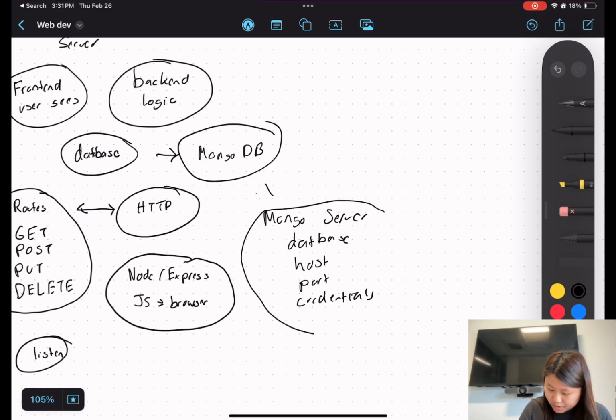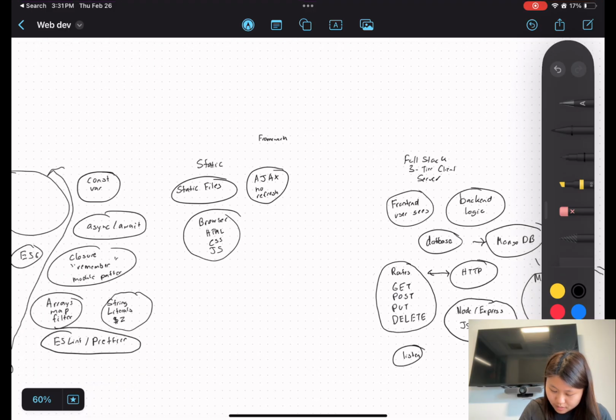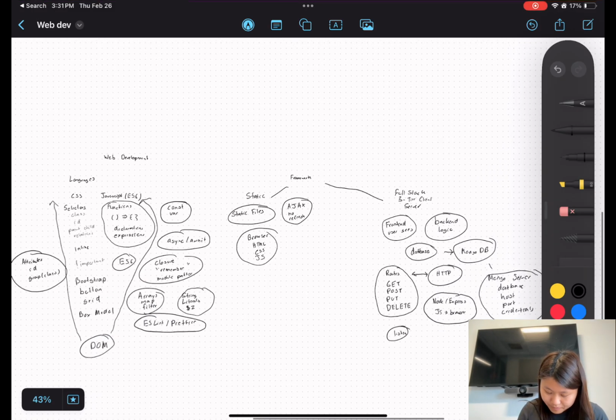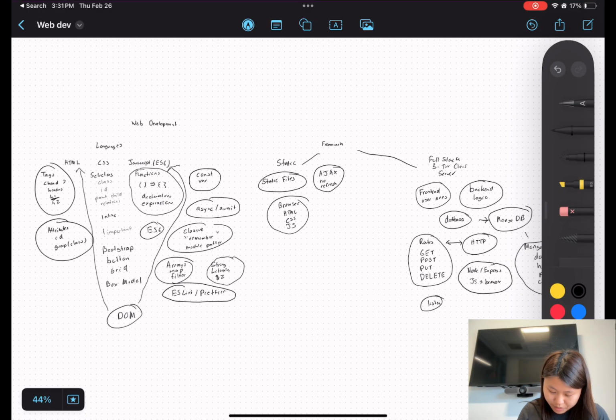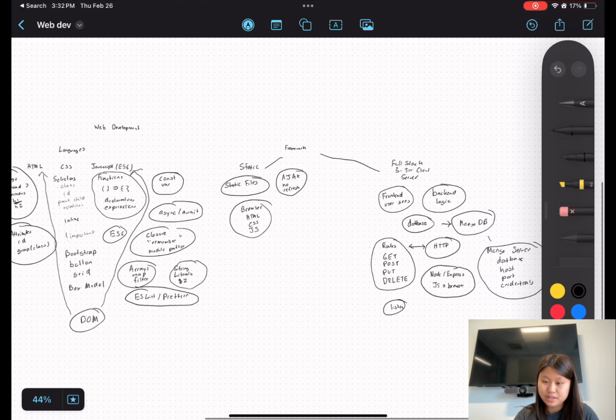We haven't gone too much into the MongoDB, but essentially these are the 2 frameworks that we use, and they are connected with each other. But if I were to separate them, that would be it. So this is the higher level overview of everything that we've learned in class, and now I will move on